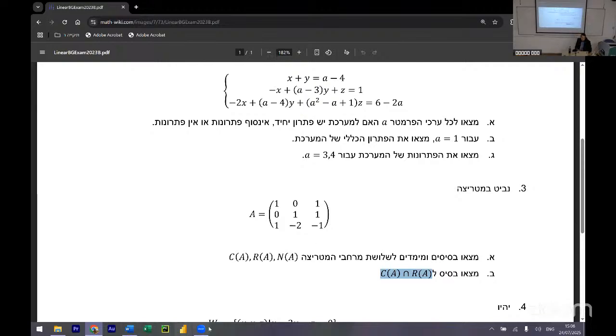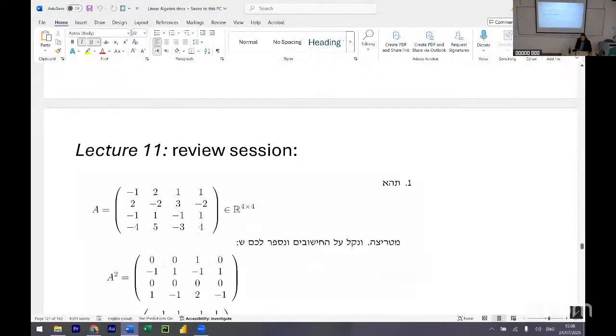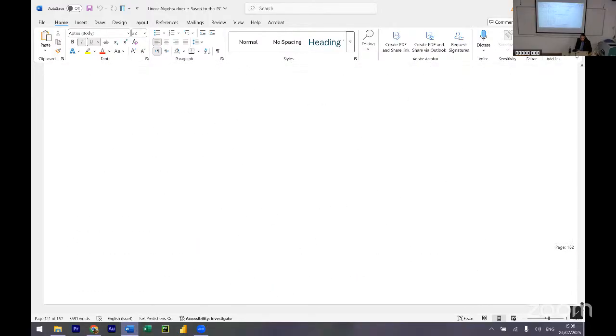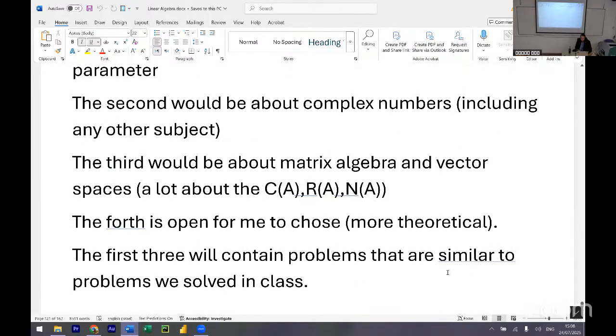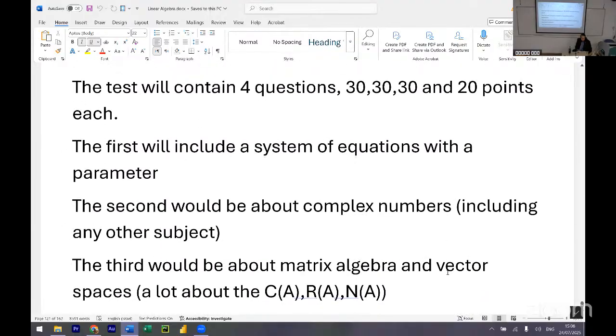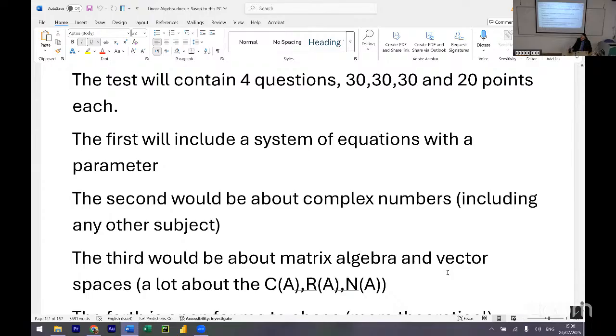The second question on the test has to do with the complex numbers, but the catch here, I'm not sure how you will take it, to be honest. It's not super hard, I think, at all, but it uses a complex number in a variety of ways. One section is just complex numbers as find a solution to an equation. Others use matrices, vector algebra, matrix algebra, vector spaces algebra. So you need to study the course in order to solve it, whether it's complex numbers or not.